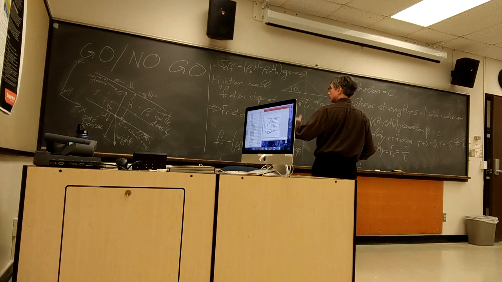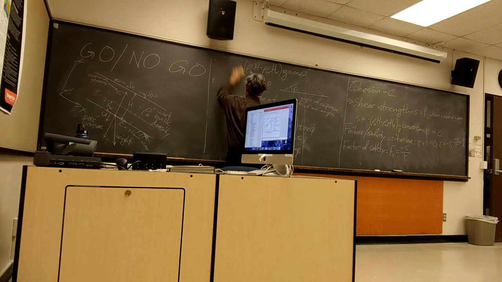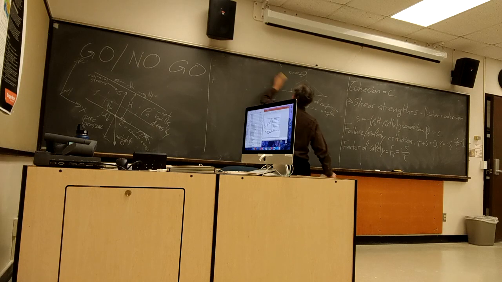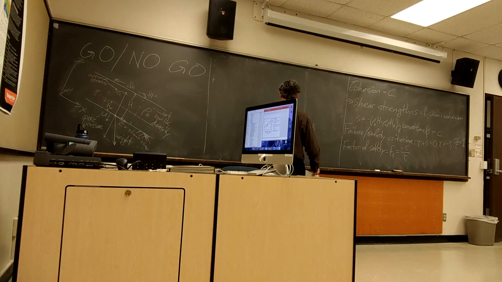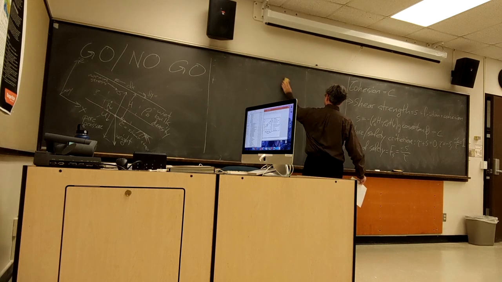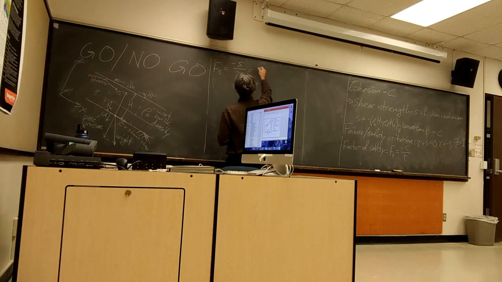And I've erased enough, and now I've got to write it over. Great. Fine. The factor of safety then is just the ratio of the magnitude of the shear strength to the magnitude of the shear stress. Let's write my shear stress first, because this is a lot simpler. And then up here,